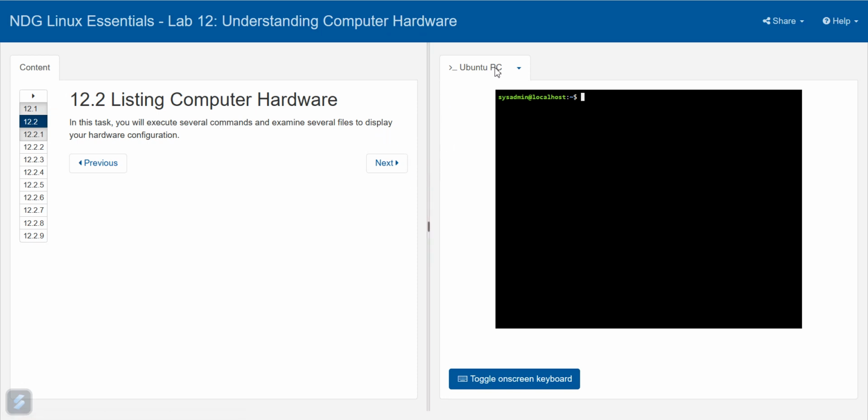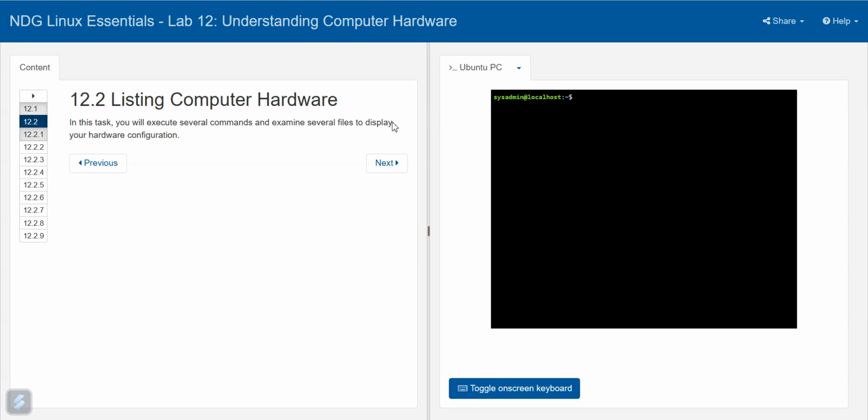And so here we have an Ubuntu operating system, and we can toggle full screen mode. Okay. So in this way, we will list out each computer hardware in our Linux environment. So we have this Ubuntu operating system, and in this way, we can,